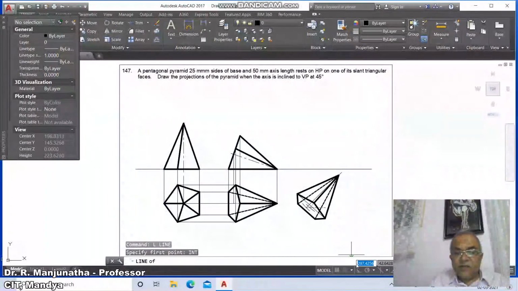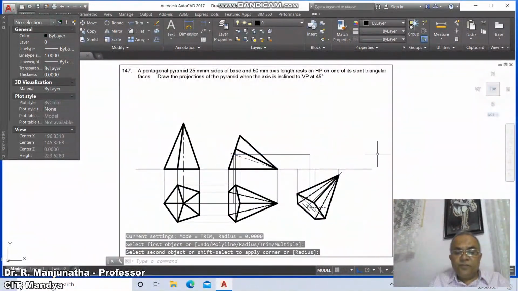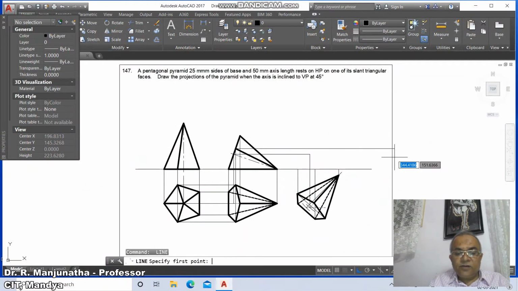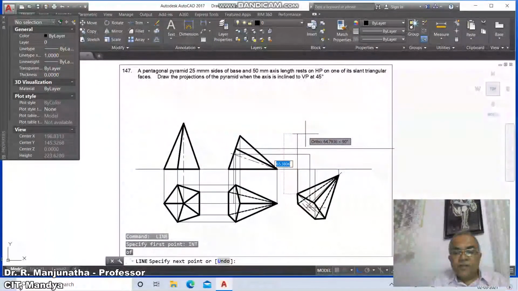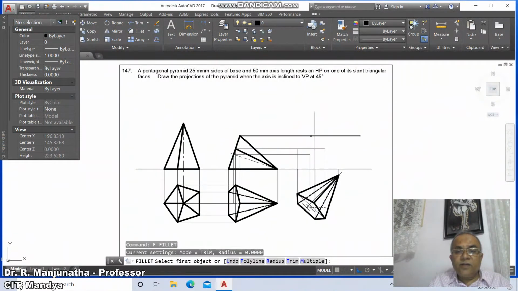Then go to line, take intersection of this, take perpendicular to this, then go to line, take intersection of this, take perpendicular to this, take intersection of this, take perpendicular to this, then go to line, intersection of this, draw a horizontal line, take intersection of this and draw a vertical line, select between these two, then go to line, take intersection of this and draw a horizontal line, take intersection of this, take perpendicular to this and take intersection of this, take perpendicular to this, then go to fillet between these two and go to line, take intersection of this and draw this and go to line, take end point of this and draw a vertical line, take between these two,